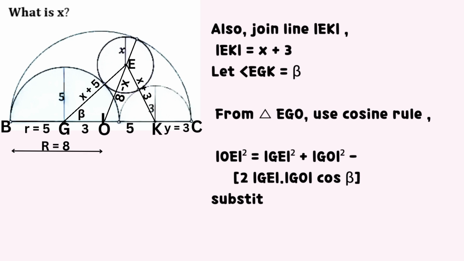From triangle EGO, use the cosine rule. The square of line OE equals the sum of the square of line GE and the square of line GO, minus the product of 2 and line GE times line GO times cosine beta. Substitute values and we have that